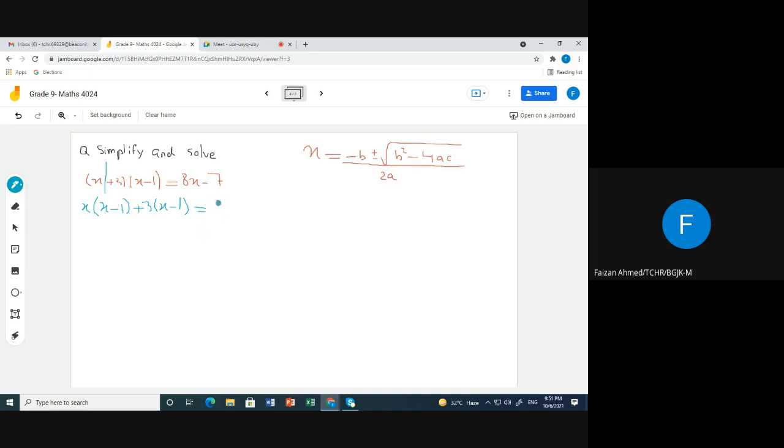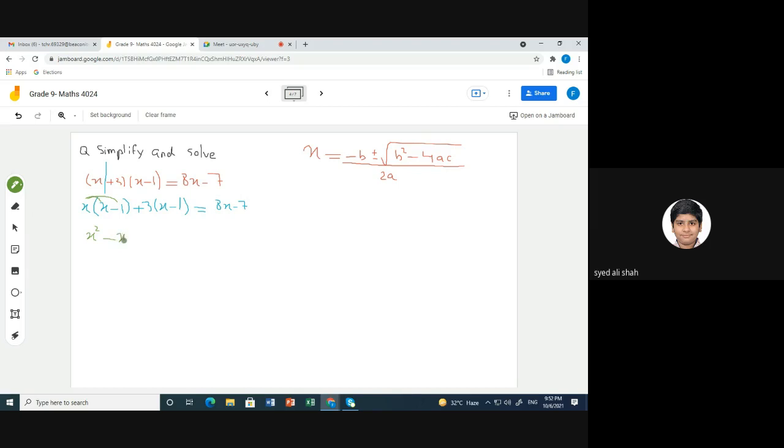And then 8x minus 7 will be as it is. Okay, so now you will multiply, since x is outside the bracket, so x will be multiplied with both of these numbers. We will multiply x with x will give me x square. ठीक है, 2x, बहुत सारे बच्चों ने इसको 2x लिख दिया था तो गलत है. x multiplied by x will be x square, and x multiplied by -1 will be minus